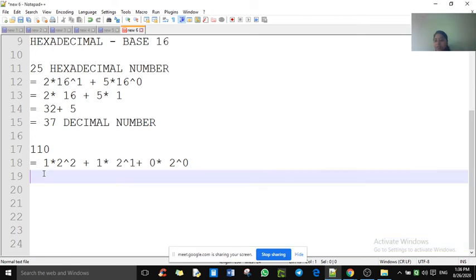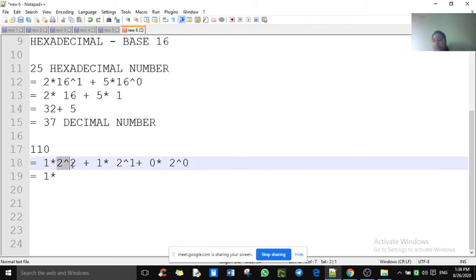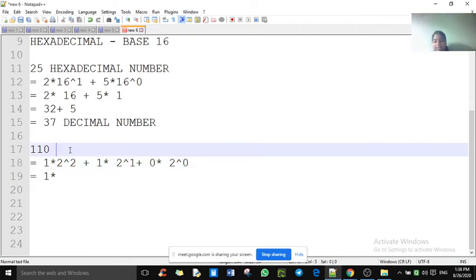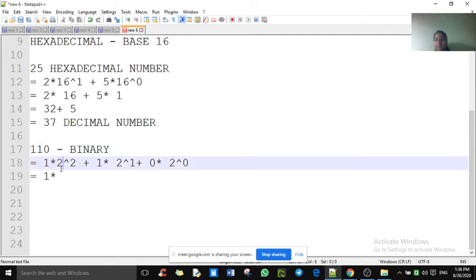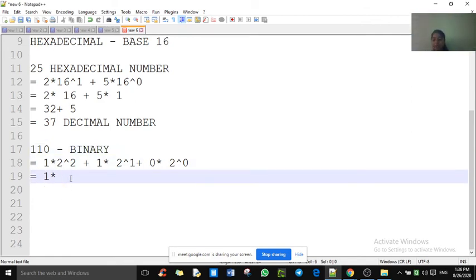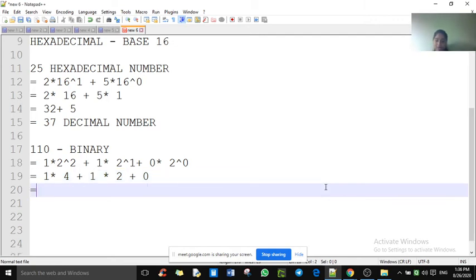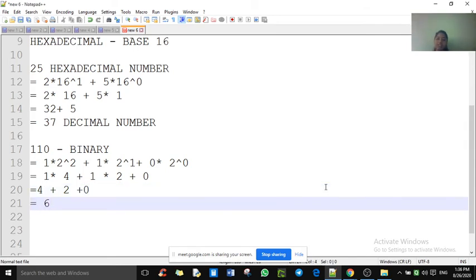Yes, Jasmita, unmute yourself. Have you understood what is this 2 into 2? That is 2 square. Yes, ma'am. This is a binary number system and you want to convert it into decimal. So tell me the next step. 1 into 4 plus 1 into 2 equals 4 plus 2 equals 6. So this is the 6.